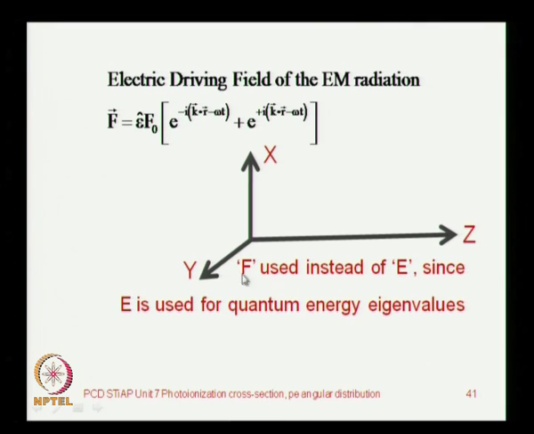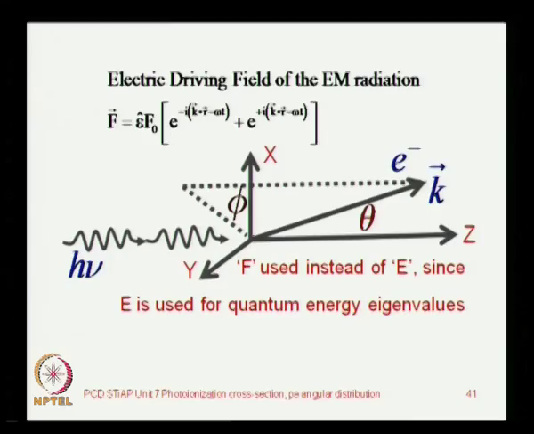So, our quantum mechanical problem here is this, that you have got an atomic system, there is a certain coordinate system which I will make use of, and this is in the presence of an electric driving field which is represented by this force F, which is time dependent. This is the space and time dependence of the force. Essentially you have got the real part, which is the cosine term, and the electromagnetic energy is incident on the atom in a certain direction, and I choose this direction of incidence to be the z axis, and as a result of photo absorption, one electron, let us say, is knocked out of the atomic system,